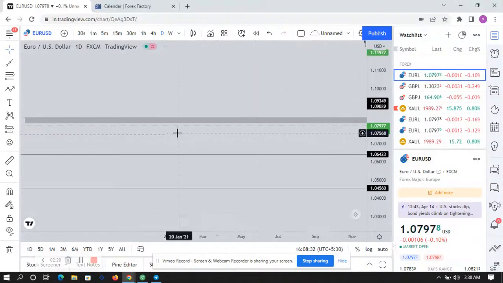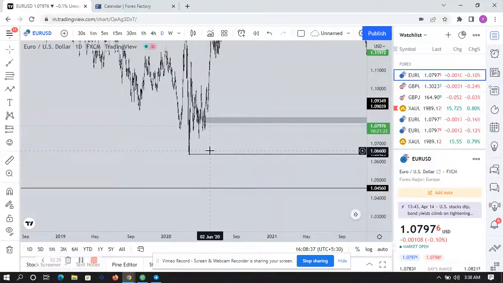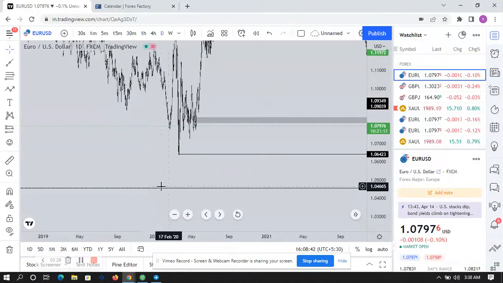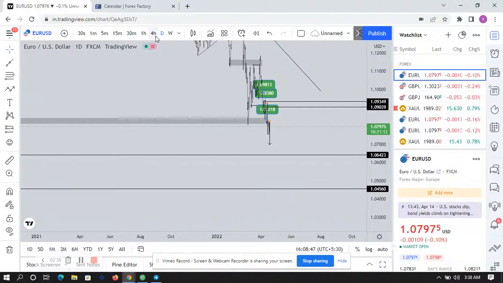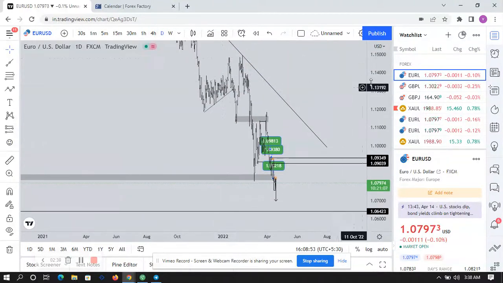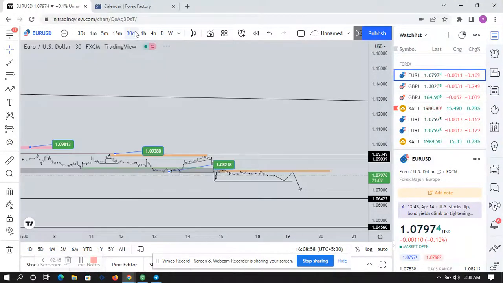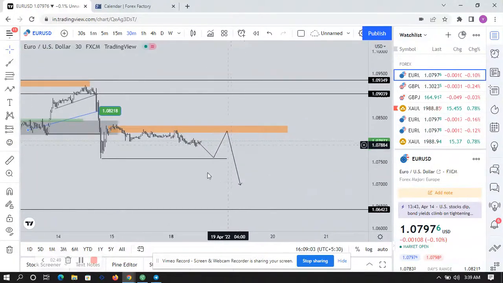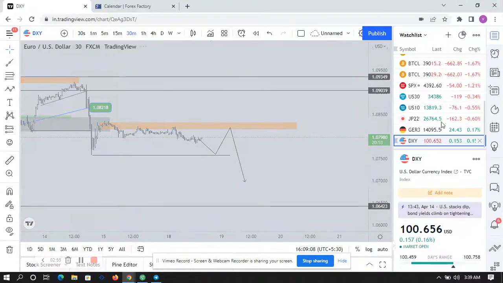So you can see the price could bounce back up here at this resistance, right? We could see the price change here, or we could be expecting it to come down here, which is going to be a very heavy impulse bearish move, because the price has been bearish since the beginning of the year. So now let's go back to the 30-minute time frame. So clearly you can see what we are expecting on Euro USD, and I will also be looking at DXY.